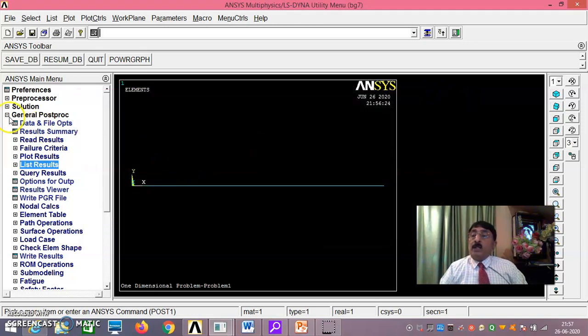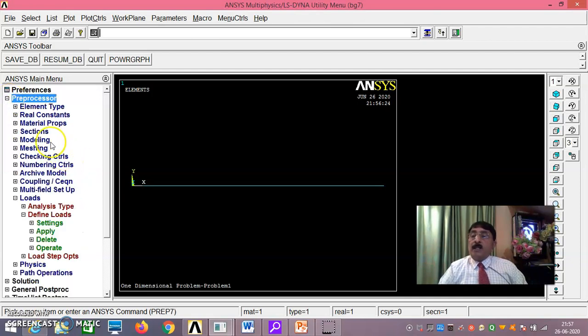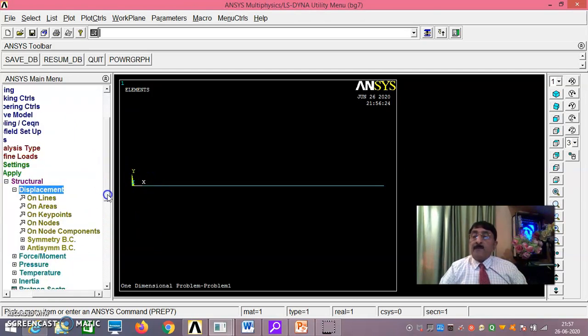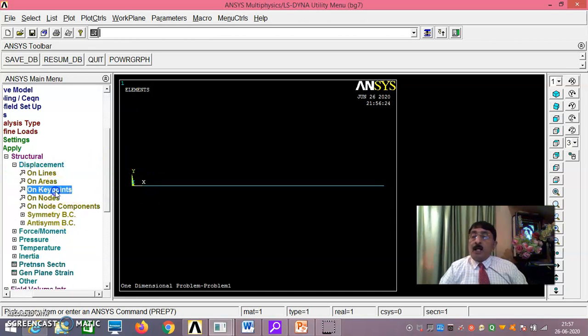Now did you follow? Here you should understand, I had saved after meshing. After loading and all that, I had not saved. That is why when I resume DB, I got the stage after meshing only. That is why now I'll reload it. Loads, define loads, apply, structural, displacement, on key points.